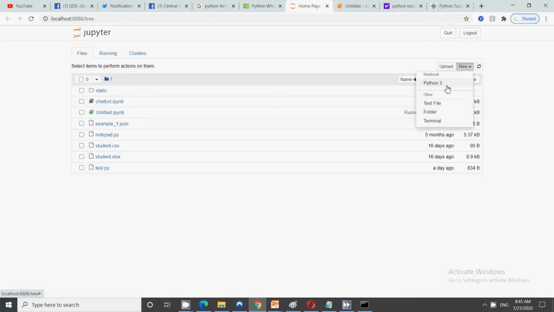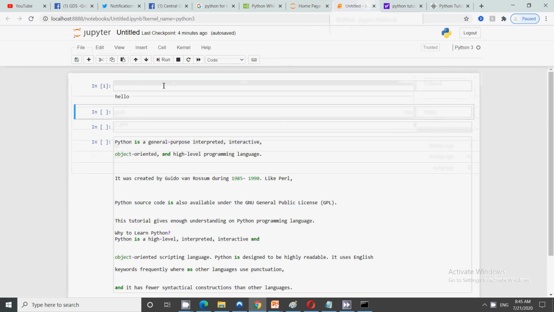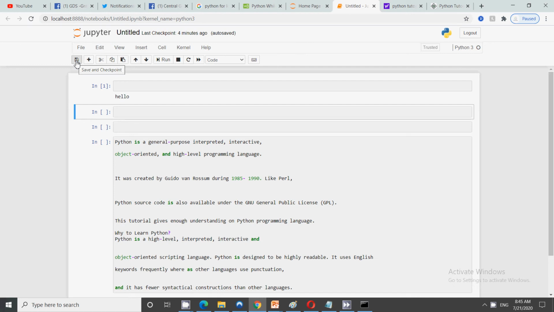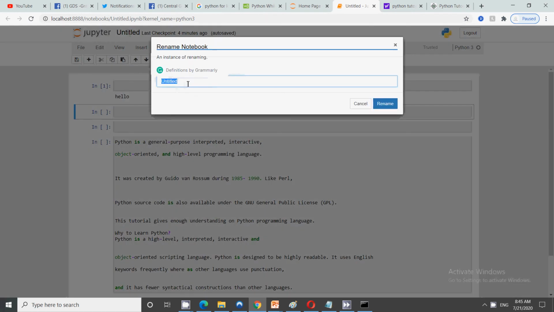I have Python 3 installed, so I will click on Python 3, and then this is the interface that opens, and you can see these are all code blocks where you are supposed to write code. This is the run button, and there are cut, copy, paste, whatever menu you have seen, and finally once your code is done you can just save it. You can give a name to the file just like you do in other IDEs also. You can provide any name, testing Python.